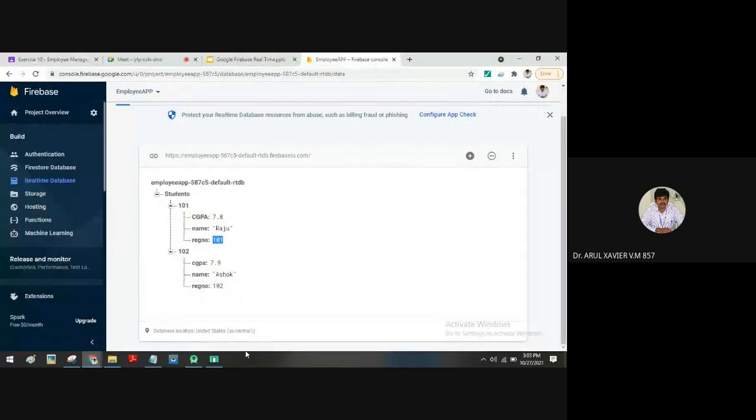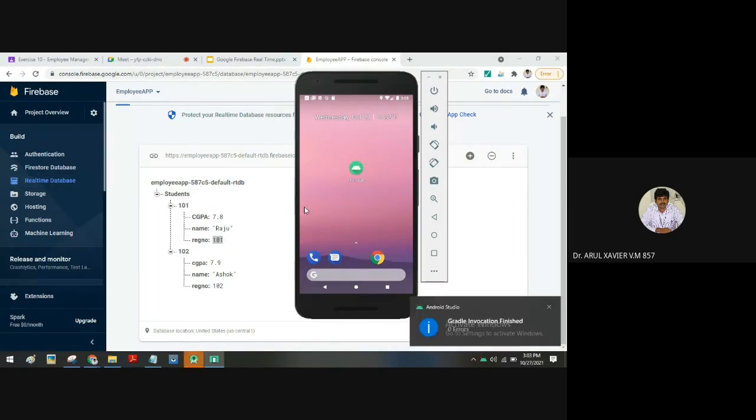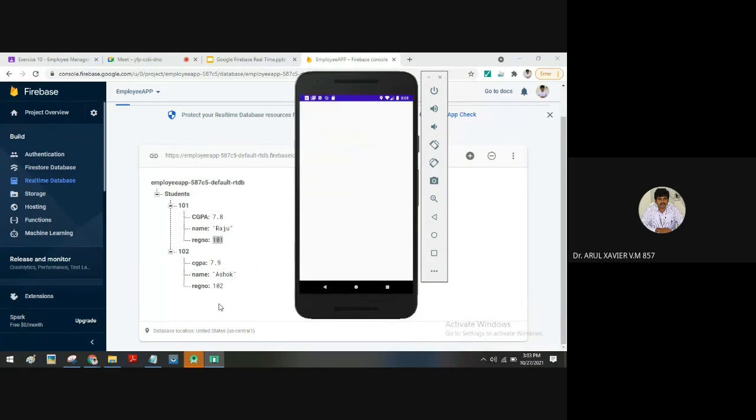And one more thing, look at that, it is a real-time database. So why it is called a real-time database is, the synchronization of data is very fast, and it will be real time. So here you can see how data will be coming there immediately. See, real time means the synchronization is faster than MySQL or any other database.